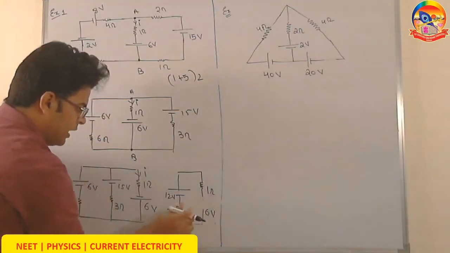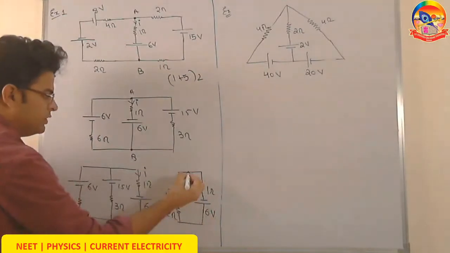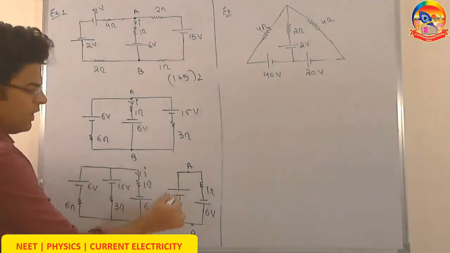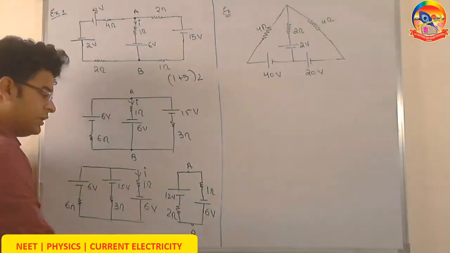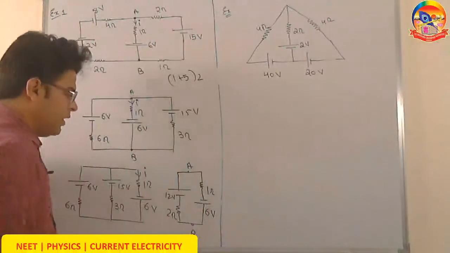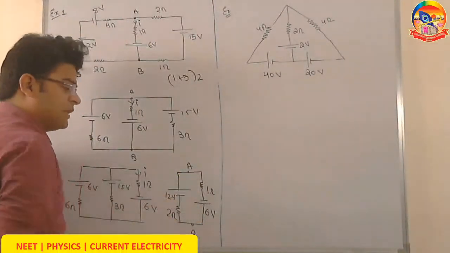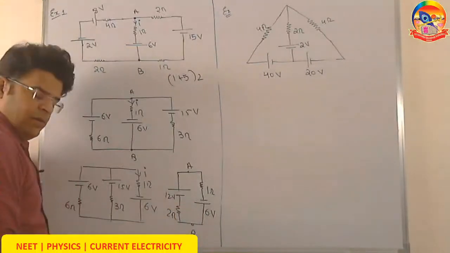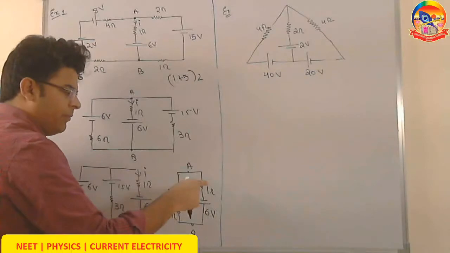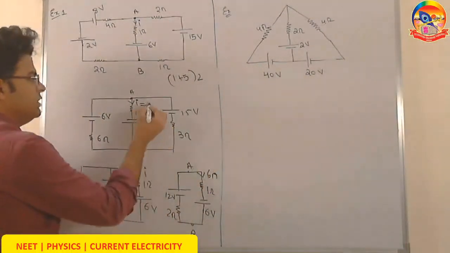Oh, sorry, I have drawn this polarity wrong. This polarity is higher towards B, higher towards the lower side. Now, you can see kids, this 12 volt wants to drive clockwise, this 6 volt also wants to drive clockwise, both of them want to drive clockwise. The overall EMF comes out to be 12 plus 6, 18, and the overall resistance comes out to be 3. So the current comes out to be 18 by 3, and 18 by 3 is 6. So the answer to this question is 6 ampere.